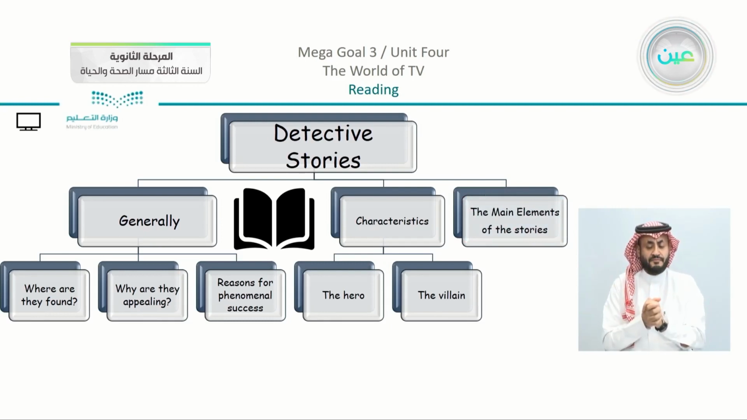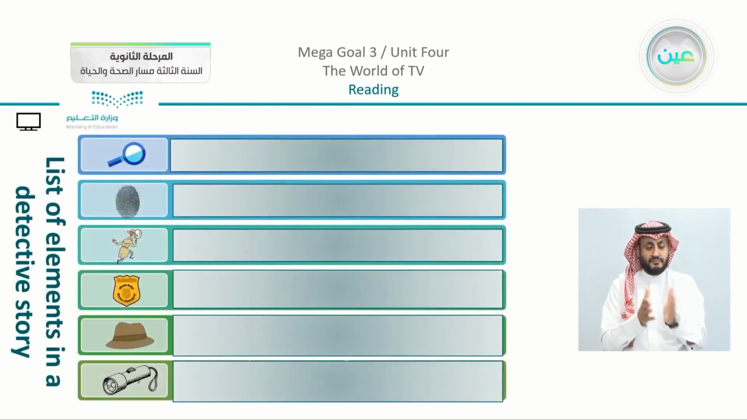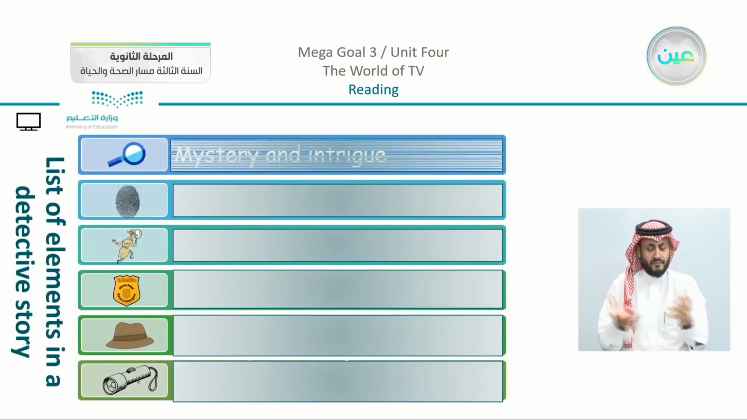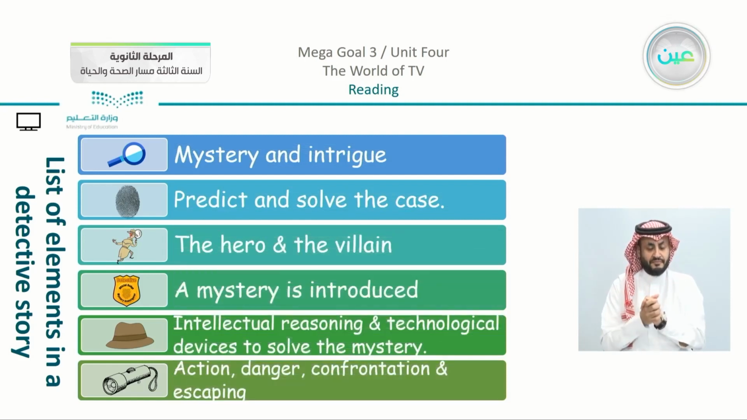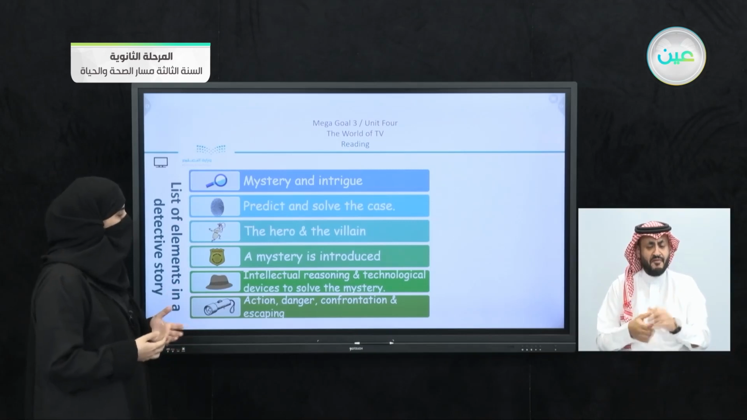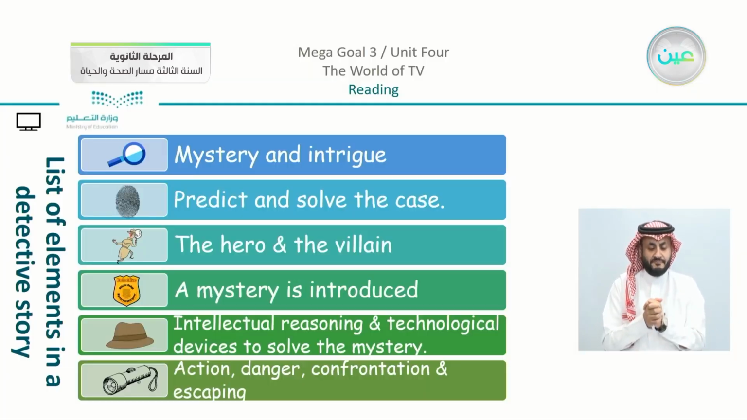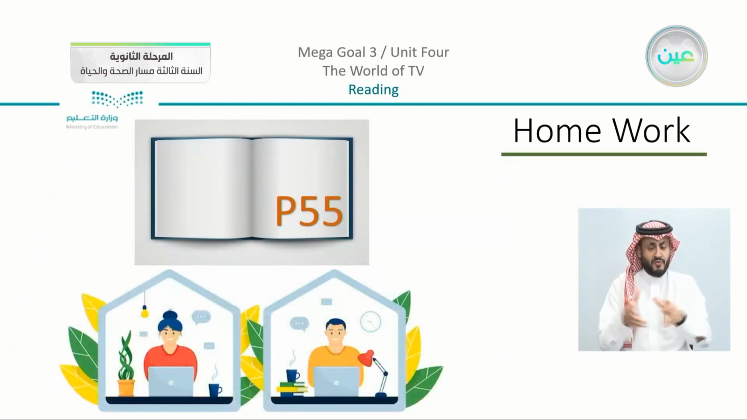Now, the main elements of the stories. You can see that we had discussed all of the parts. We have the mystery and intrigue, predict and solve the case. There is, of course, the hero and the villain. A mystery is introduced, with intellectual reasoning and technological devices to solve the mystery. And at the very end, there is action, danger, confrontation, and escaping. All of these are the parts that we discussed before, leading us to the homework that we have on